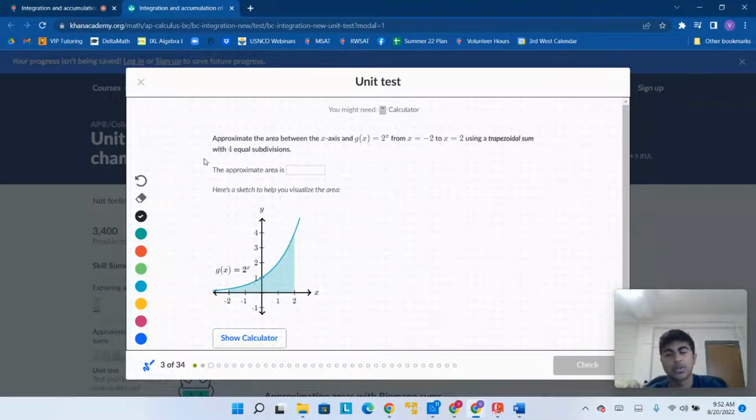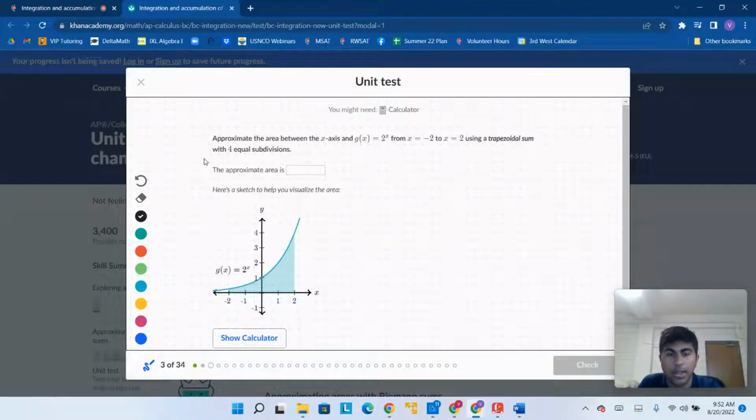Right, so what does a trapezoidal sum mean? Well, a trapezoidal sum means that you take each of the subdivisions, right? So from -2 to -1, that's the first one, from -1 to 0, from 0 to 1, and then from 1 to 2, and then you find the